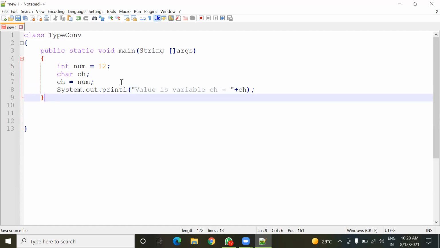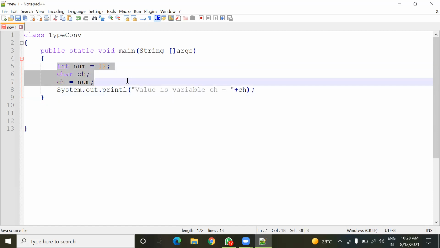So now my program is ready, so let us see this line by line.